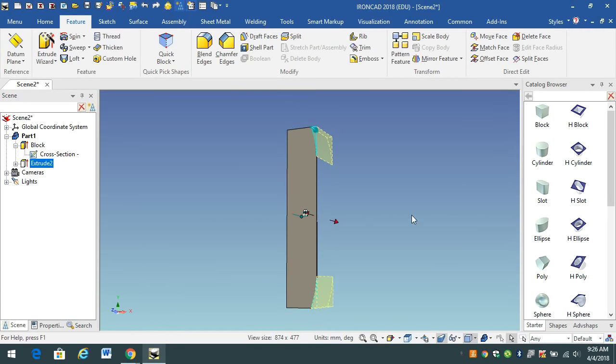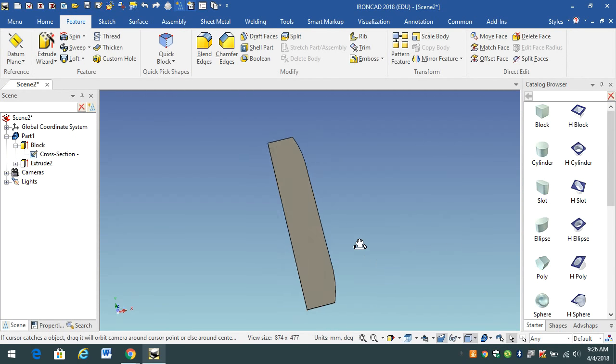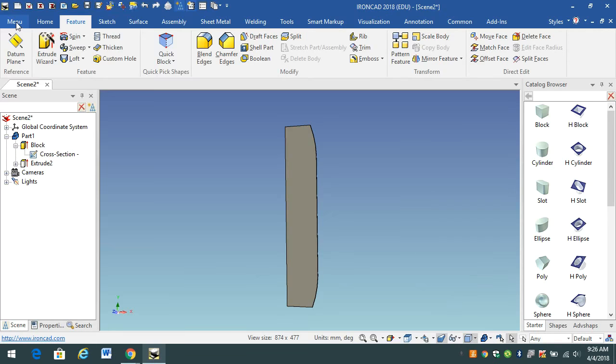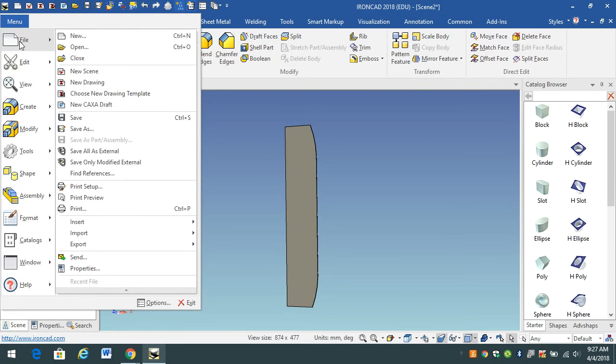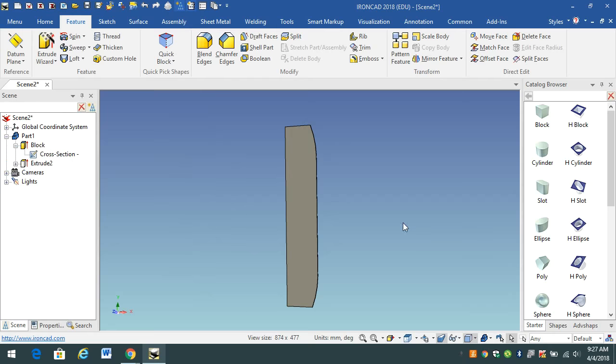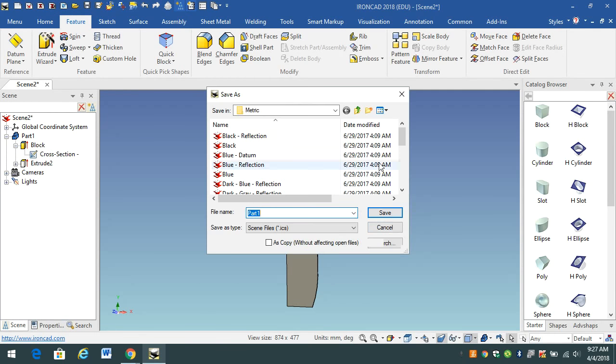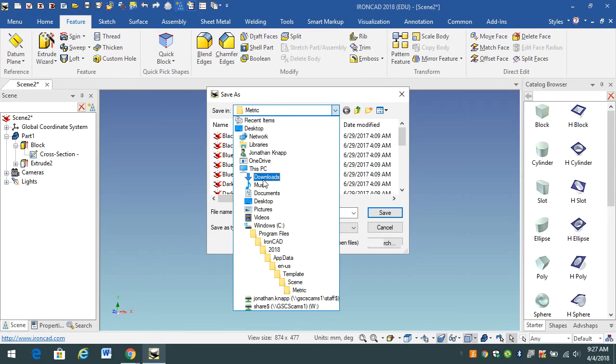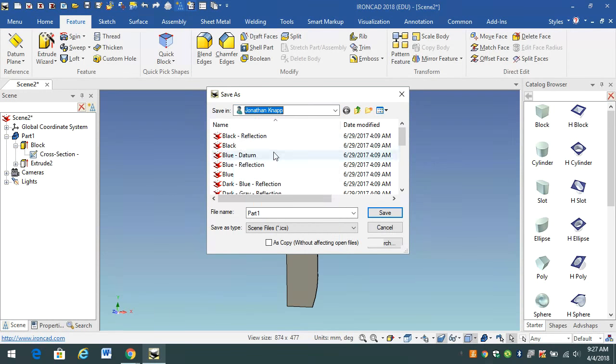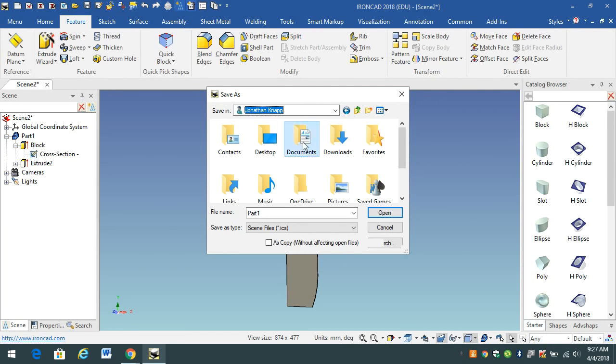Our wing is done. So what we're going to do now is we're going to do a menu, we're going to do a file, and we're going to do a save as. And the next thing you want to do is you want to browse to your documents folder, find your name, and then click on documents and click on open documents, and we're going to save this